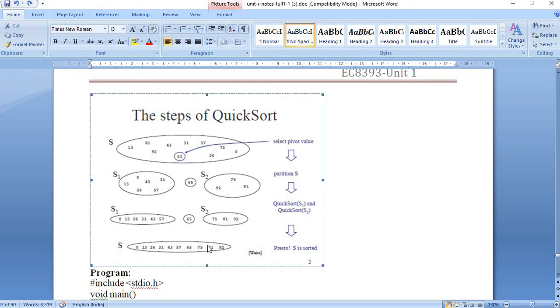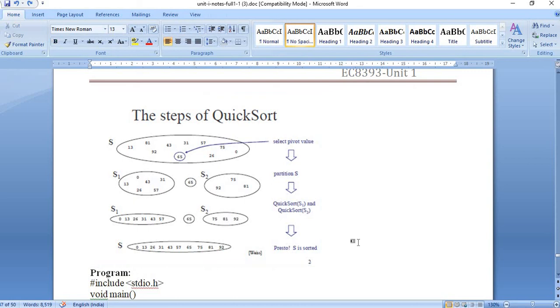and then finally நம்ம வந்து எல்லாத்தையும் ஒன்று சேர்த்துறோம். ஸோ எல்லாத்தையும் ஜாயின் பண்ணும்போது லெஸ் தென் வேல்யூஸ் எல்லாம் அதுக்கு முன்னாடி பிவட் எலிமெண்ட்டுக்கு முன்னாடி ஜாயின் ஆயிருக்கு. கிரேட்டர் தென் வேல்யூஸ் எல்லாம் பிவட் எலிமெண்ட் பின்னாடி ஜாயின் ஆயிருக்கு. ஸோ நமக்கு வந்து லிஸ்ட் வந்து சார்ட்டட் லிஸ்ட் கிடைக்குது. ஓகேவா,